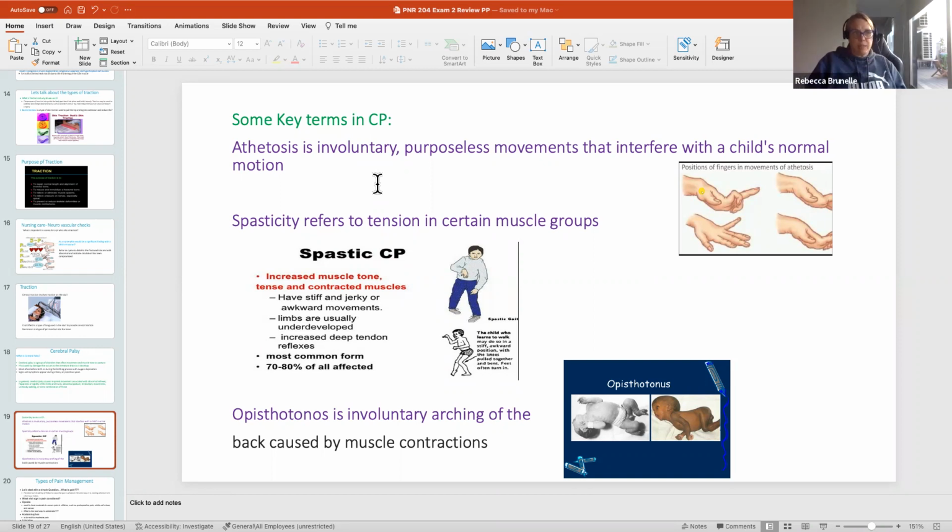And then spasticity is tension in certain muscle groups. So most kids that have CP have some element of spasticity. Spastic CP is the most common form of CP. So they kind of are rigid and taut. And then